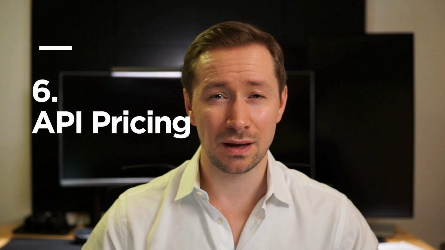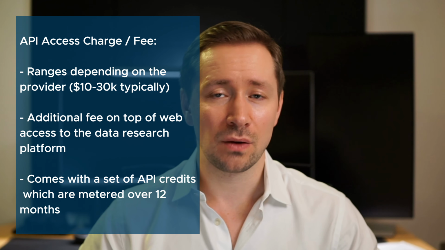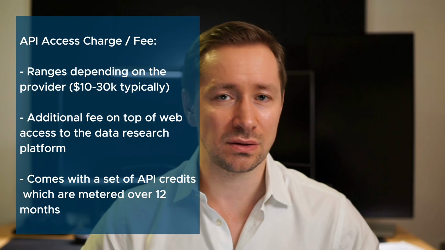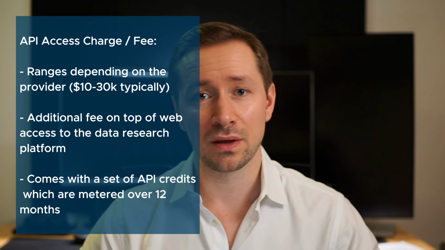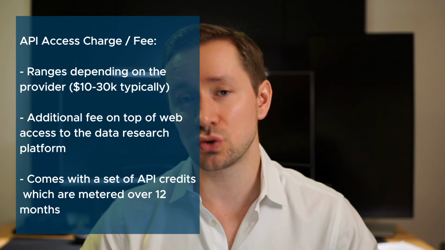One major factor when choosing a company data provider is pricing, and it's not always very straightforward. The typical method in which they provide access to this data is usually through a so-called API charge, which means that you'll pay somewhere between $10,000 to $30,000 for a given set of credits that are allocated to your whole team to consume over a period of time. For example, you might get 10,000 credits per year, and every API call that you make to the endpoint will then draw down a set of credits.